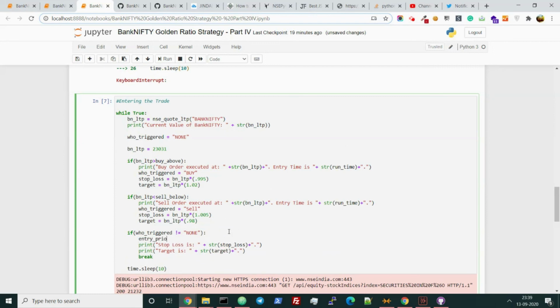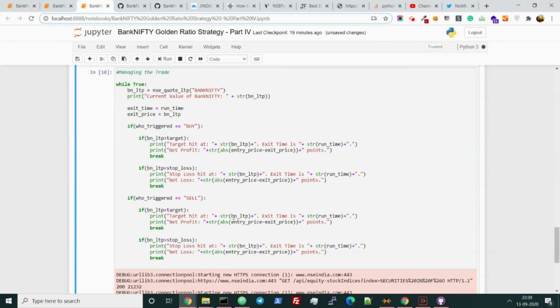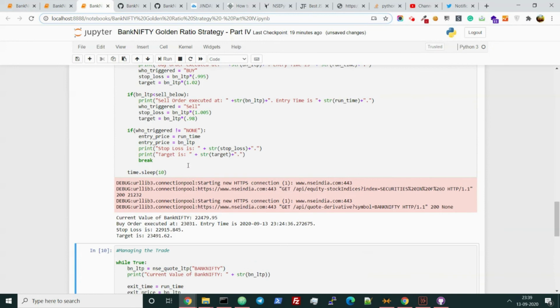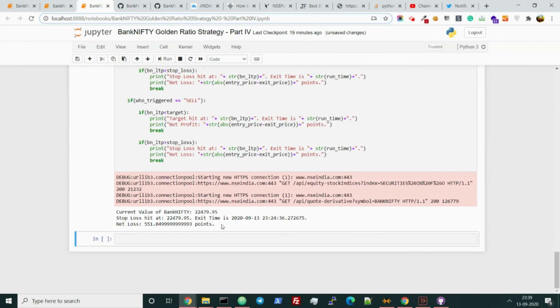Similarly, we are putting the entry price variable at runtime. When we were entering the trade, we put the time when our trade was entered into a defined variable, like we did for the exit. So it is easy to tally our trade, how much profit and stuff like that, manual assessments. Yeah, it is running perfectly. See, it is showing the net loss.